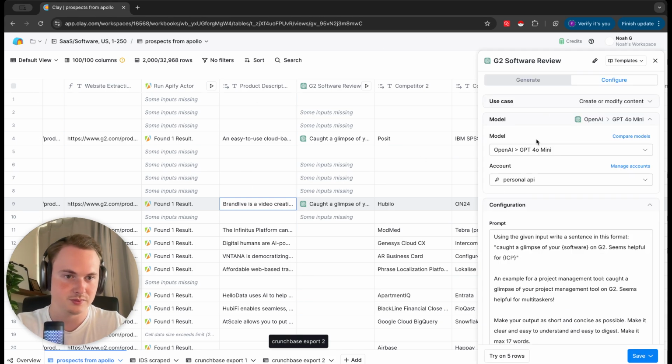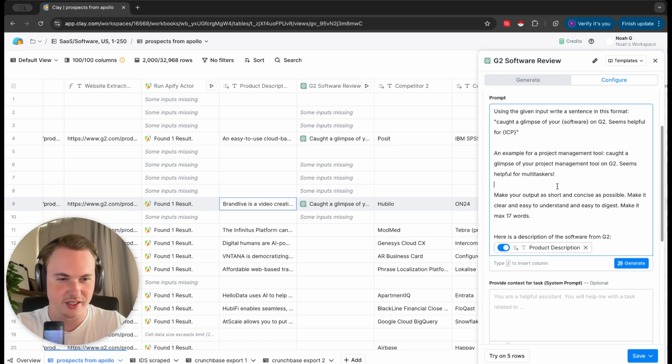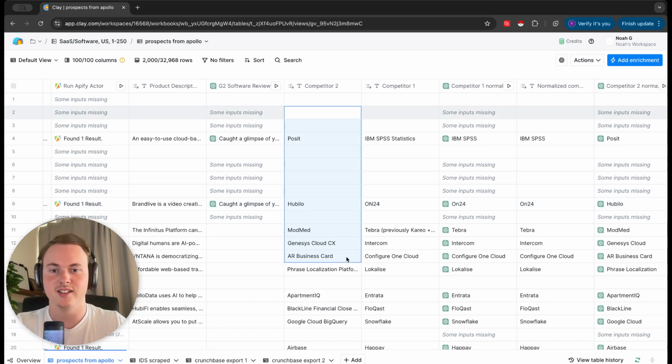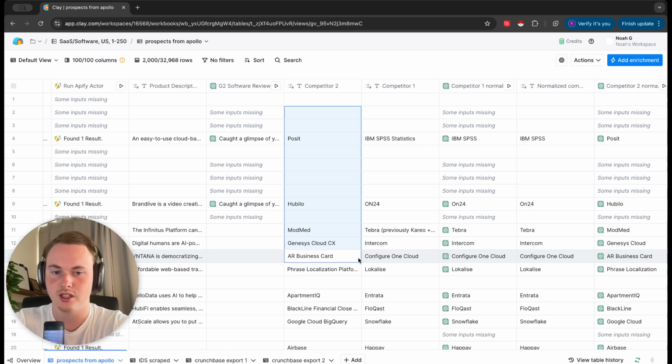Let's see. It was a while ago I built this actually. Yeah, here's the prompt. Okay, so it was only the product description actually. And we also get nice information such as their competitors. So we could say, for example, imagine we were writing to Apollo. Apollo is the lead database platform if you're not familiar with it. We could say, hey John, I saw your competitors like,